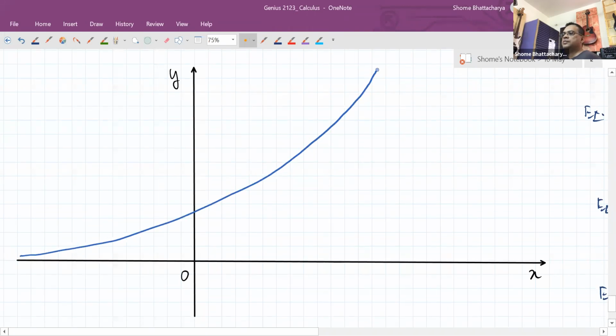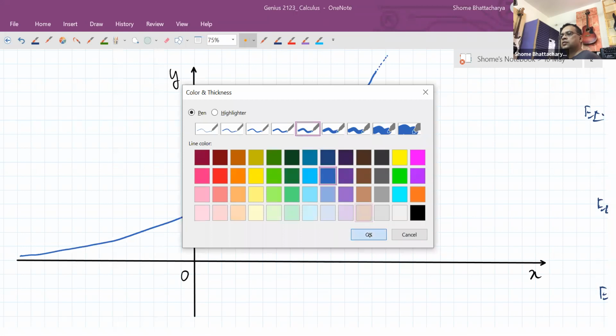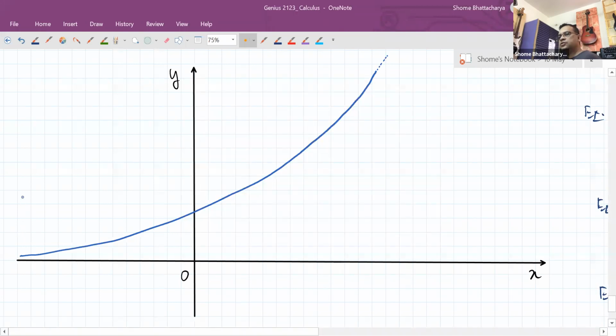It goes on rising very rapidly from here. This is the graph of y is equal to e raised power x. You can see that, for example, at x equal to -1,